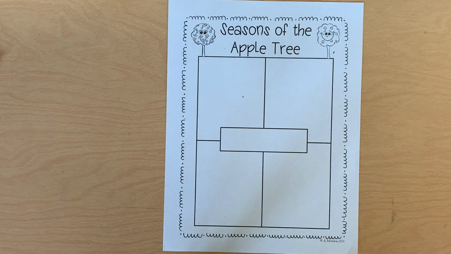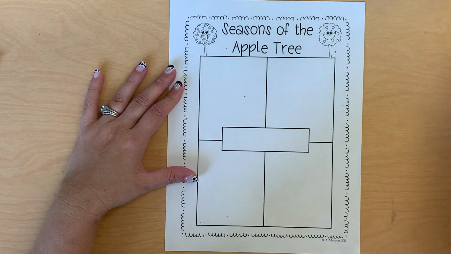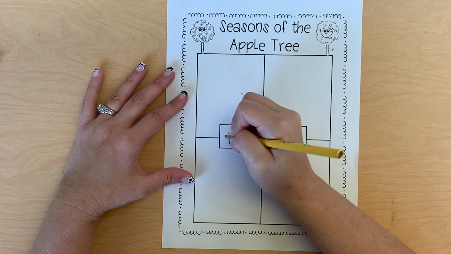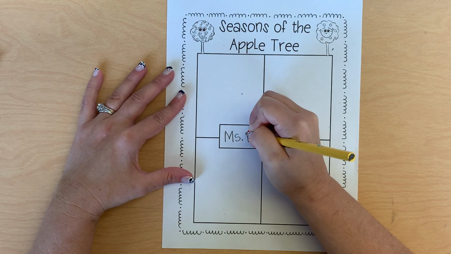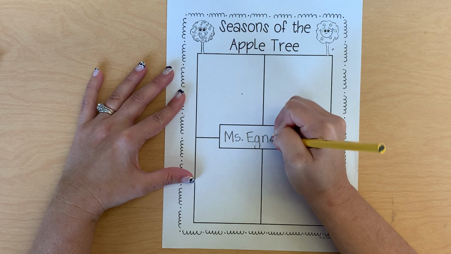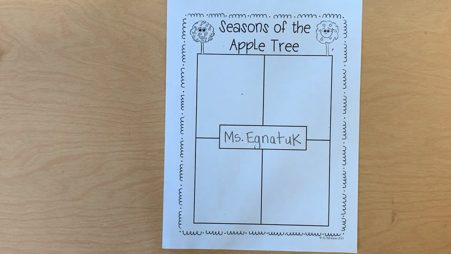All right, so this is what our paper is gonna look like. Do you see this box in the middle? That's where you're gonna write your name. So I'm gonna write Miss Agnetek, and you're gonna write your name. Take a moment and write your name. Then we're gonna start out today